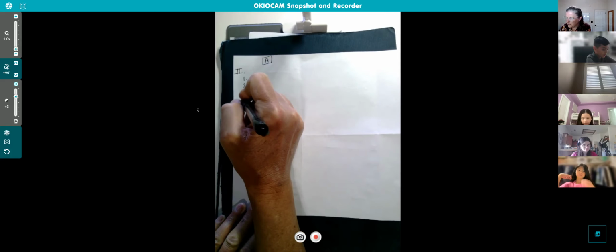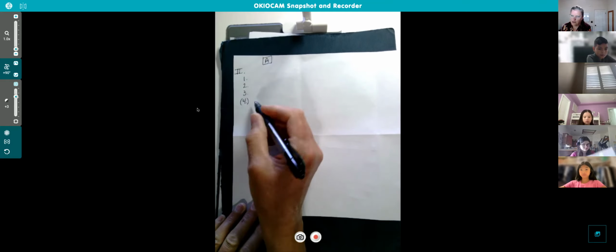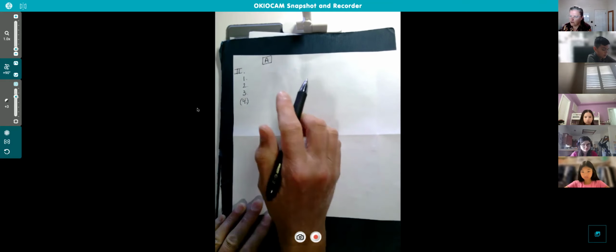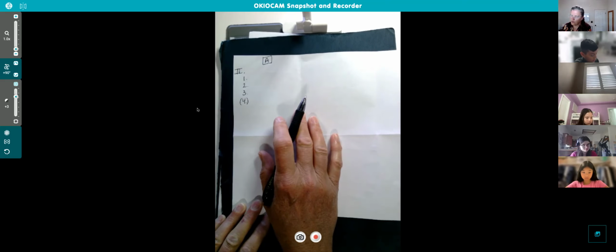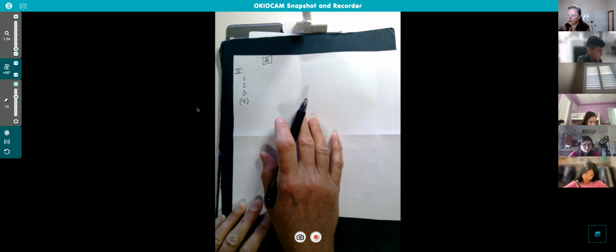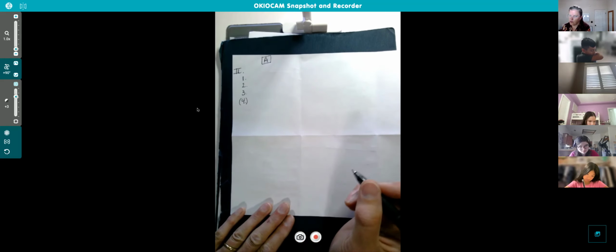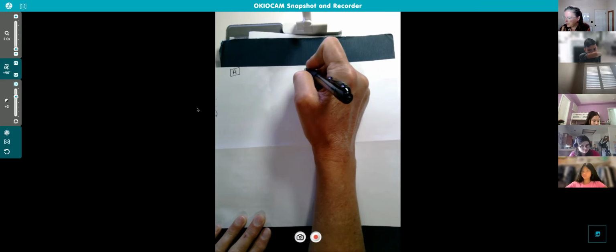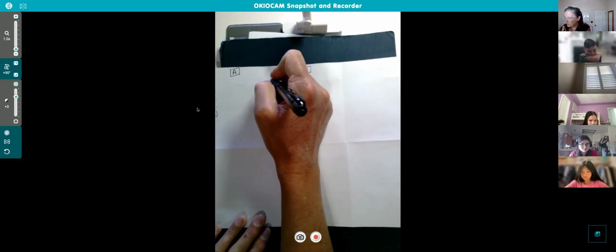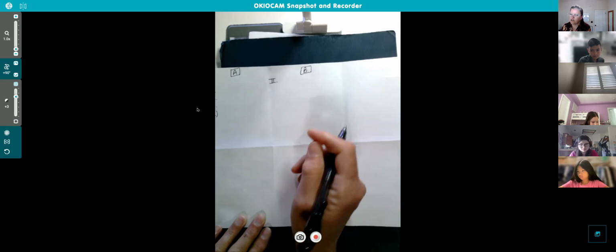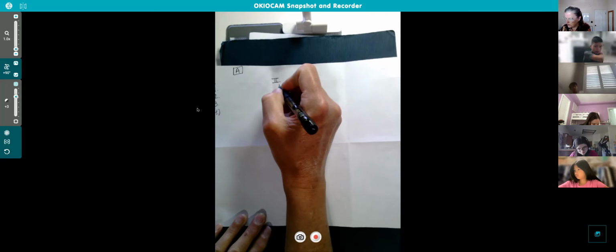Make sure you space out your numbers a little bit so that you have plenty of space here. I know it's not very big if you're using a regular printer paper. If you're using the big white paper, you got plenty of room. B, Roman numeral 2. Remember, this is your second paragraph, so make sure it is a Roman numeral 2. 1 through 4.